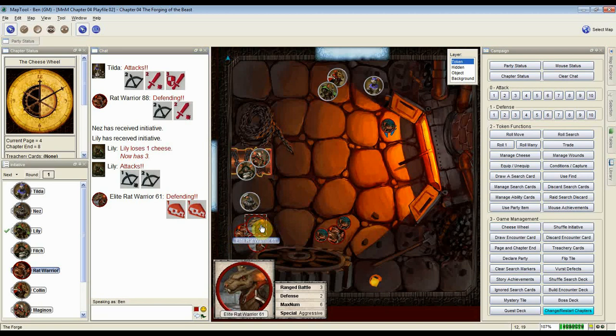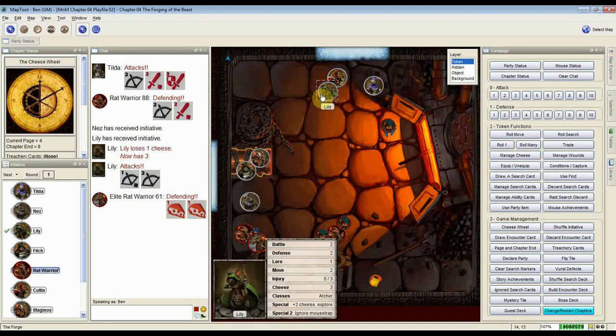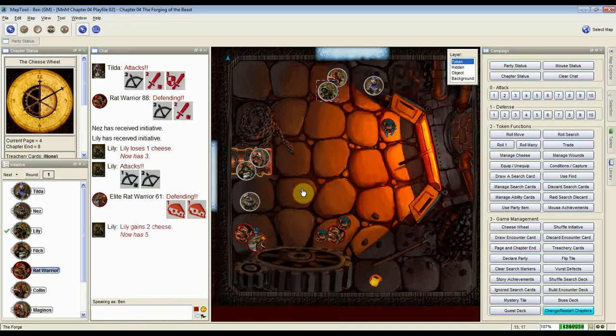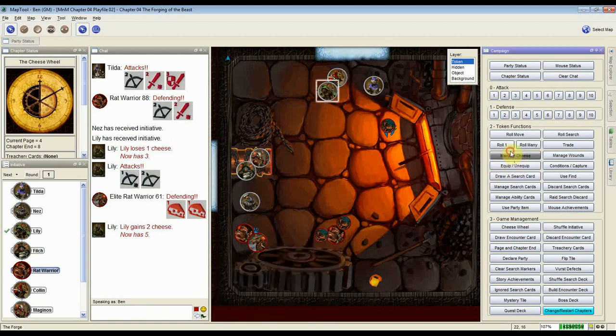So he not only doesn't block anything, but he gives her 2 cheese because of that. That's like the one virtue of Lily right now without a better weapon. She's only rolling 2 attack dice, but they can't cheese the wheel. And in fact, she gains cheese. So her preemptive shot took out an elite rat and gained her a piece of cheese. That's very nice. So on her turn, I'm going to have her spend 2 cheese